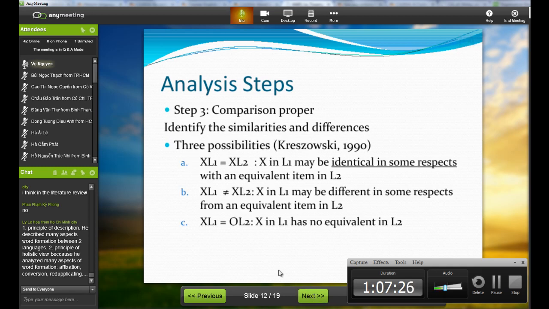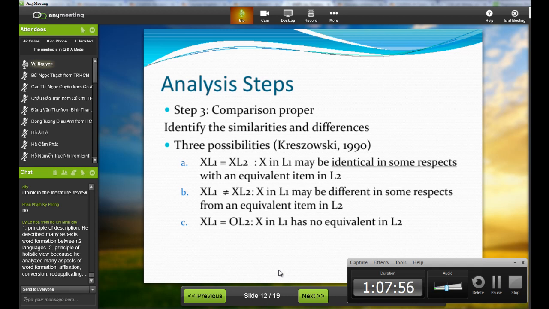Now, the next step is called comparison proper. That means we start making comparisons by pointing out similarities and differences. According to Krasnodowski, in the key readings that I gave to you, there are three possibilities that we can come up with